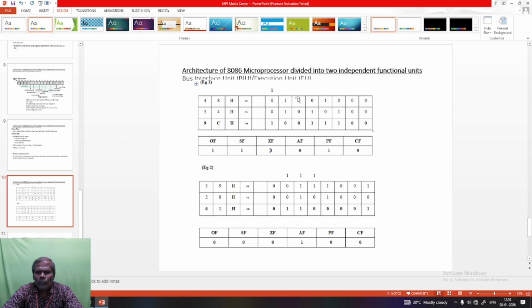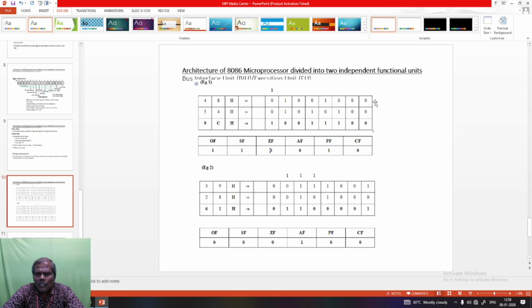If carry is going from the right nibble to the left nibble, at that time auxiliary carry flag will be set to 1. If no carry is going from the right nibble to the left nibble, at that time auxiliary carry flag will be set to 0.